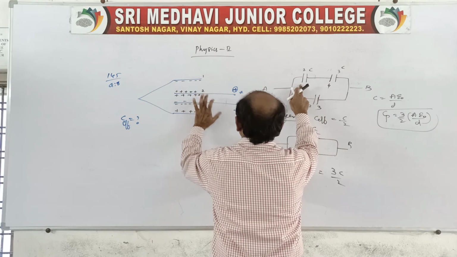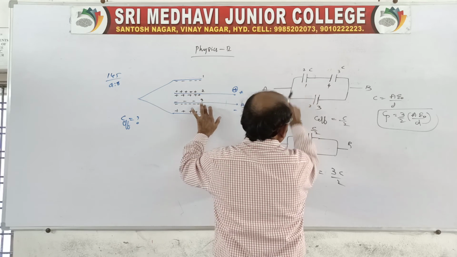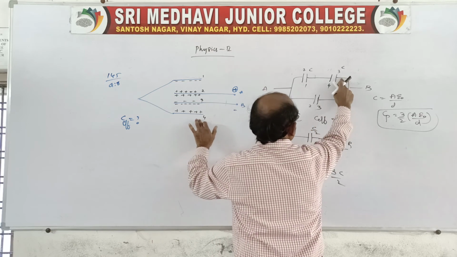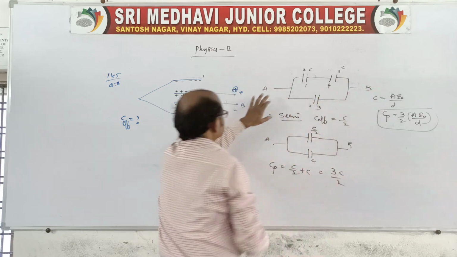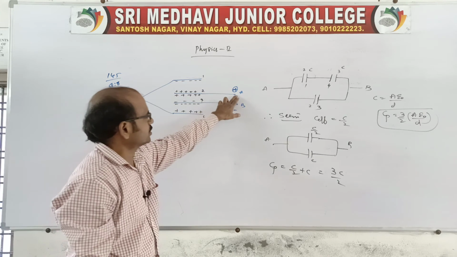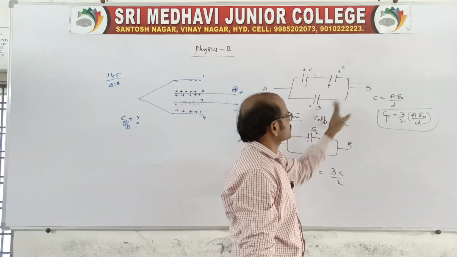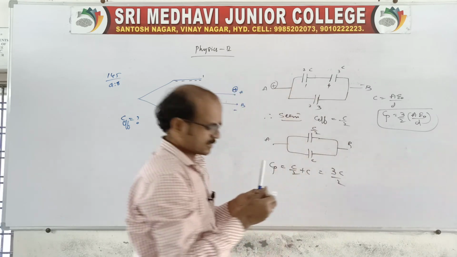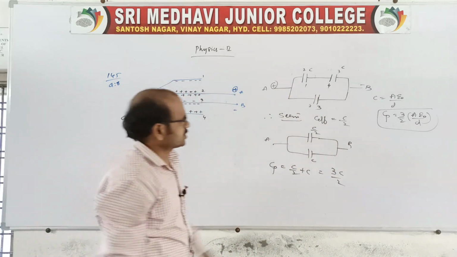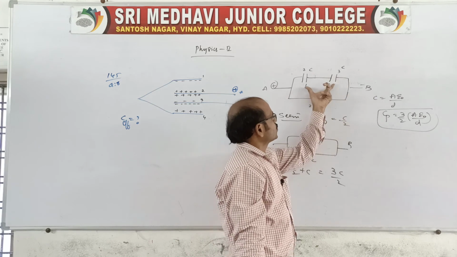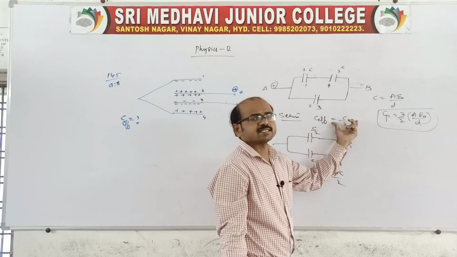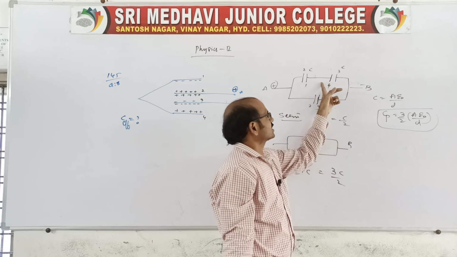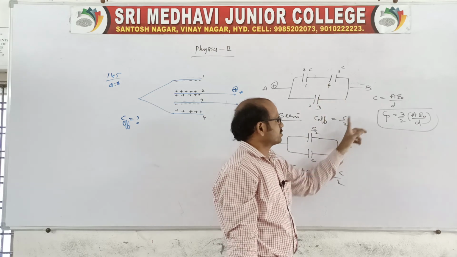1 is connected to 2, and 2 is connected to 3. Here you take another plate 2, which is connected to 3, and 3 is connected to the 4. That is, 2 is connected to the positive terminal, and 3 is connected to the negative terminal. Now these are in series combination. Therefore the effective capacitance of these two in series, with the same capacitance, is C by N. How many capacitors are connected in series? 2. So C effective will be C by 2.